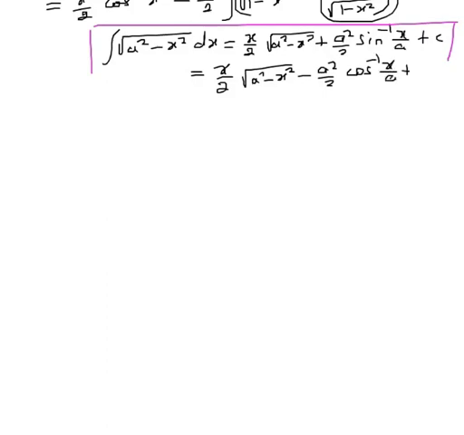Using the identity sin inverse of x plus cos inverse of x is equal to pi by 2, we can change sin inverse to cos inverse, and pi by 2 and this c can be combined as some other constant. So we may write the answer in terms of cos inverse also. Therefore, the answer becomes